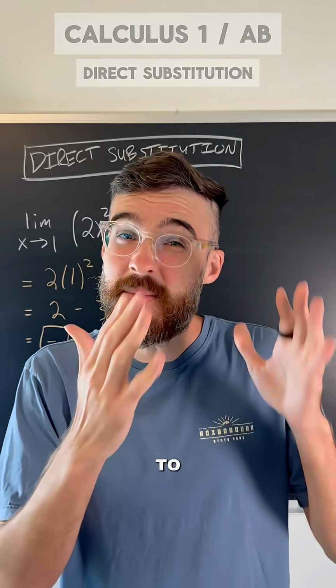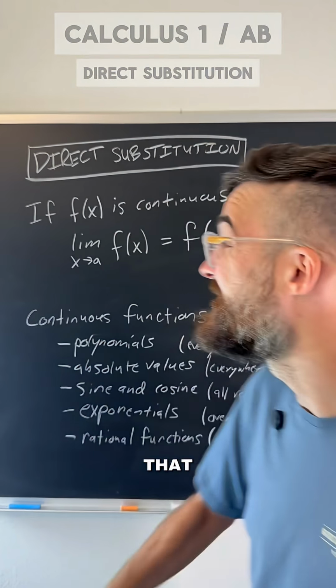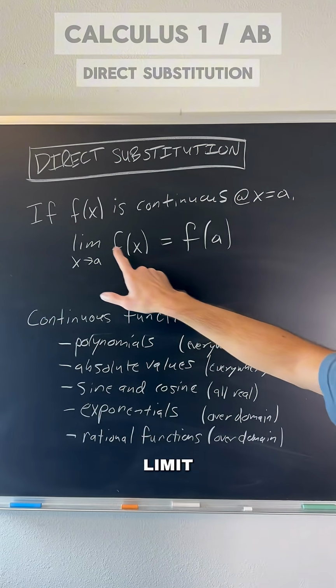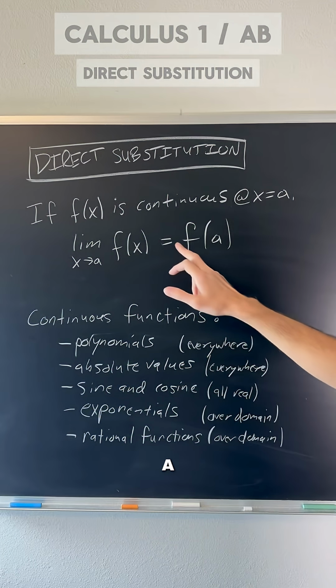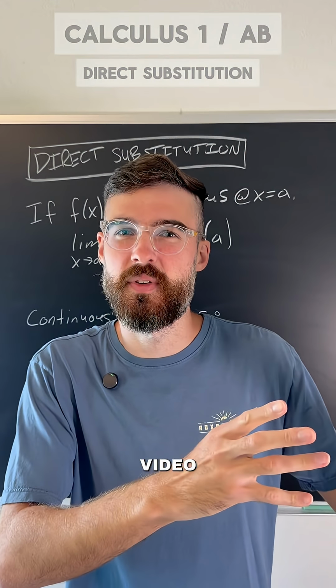In order to use it, we need to make sure that the function is continuous at the x value our limit is approaching. So what we'll see is that if the function f of x is continuous at x equals a, we know that the limit of f of x as x approaches a would be equal to f of a. Now we haven't gone into detail on continuity, that'll happen in a future video, but what we do know